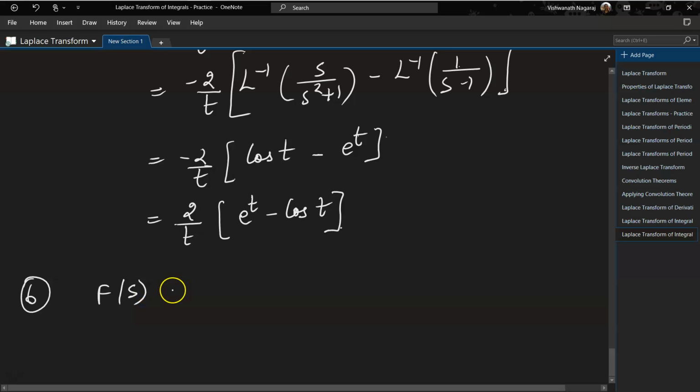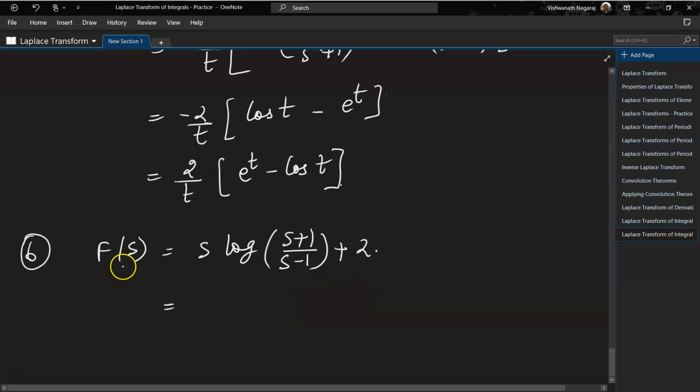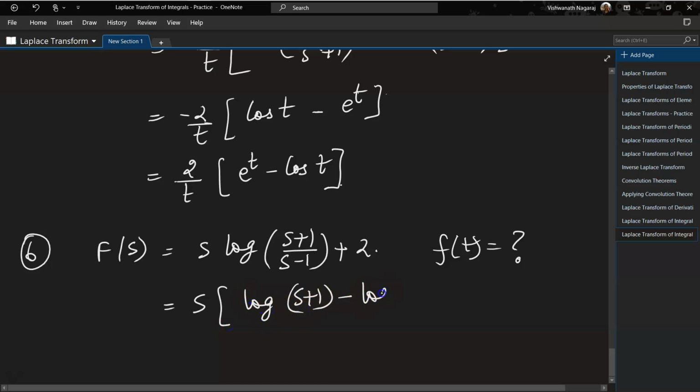F of s. Remember, capital F means it is the Laplace. So s log of (s plus 1) by (s minus 1) plus 2. What do we have to do? We have to find the function. So f of t is equal to what? So s times log of s plus 1 minus log of s minus 1